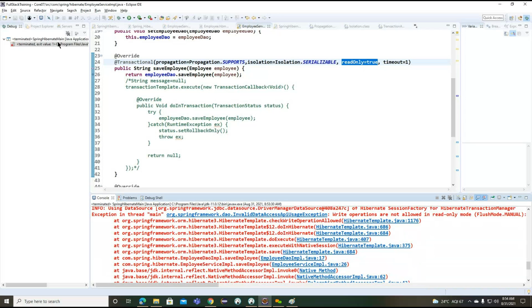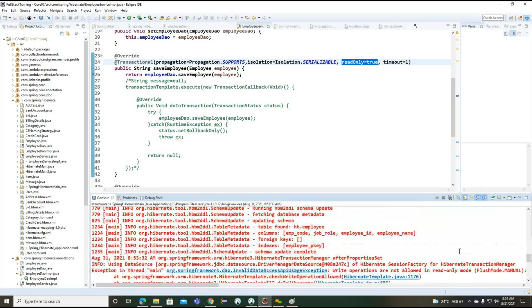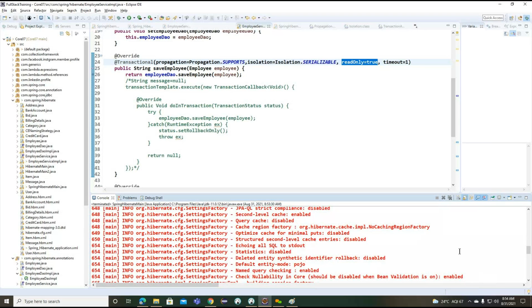Okay, so this is all about the simple example on the transactional. We'll implement the transaction for each and every class. Whatever classes we discuss here, the Hibernate concepts and JDBC concepts, we'll implement this transaction concept and move on to the upcoming concepts. Any questions regarding this transactional information, programmatic and declarative?